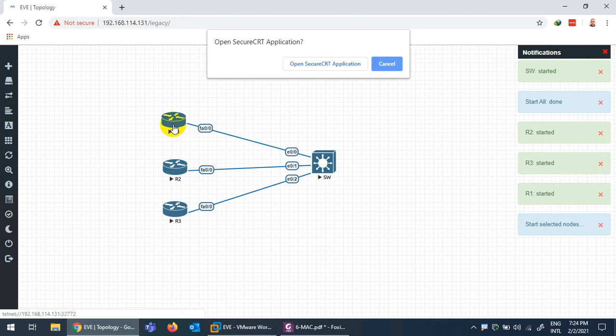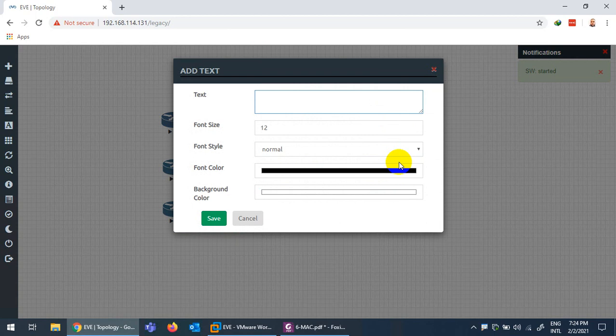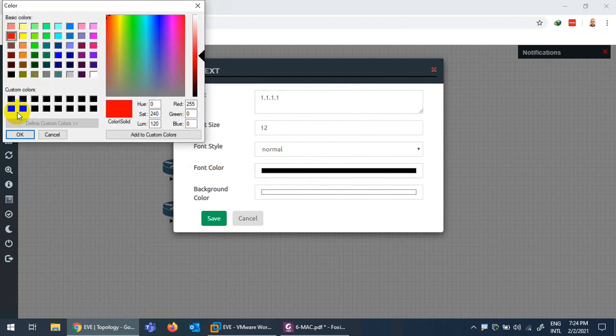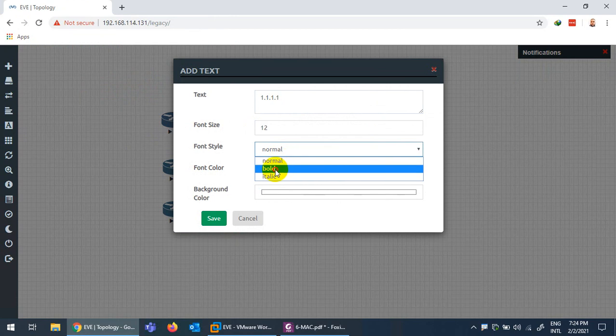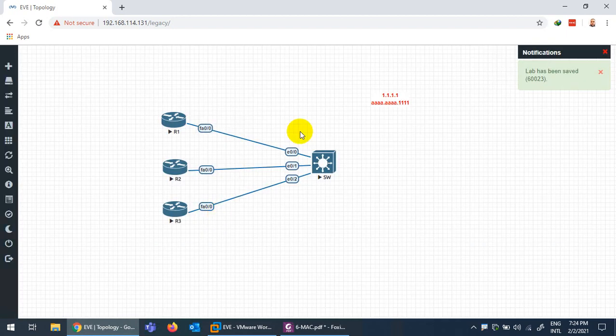Okay, now I need to configure this R1, but before it starts, let me show you. We will assign the IP 1.1.1.1 to this interface, and also we will assign a MAC address. Temporarily we can change the MAC address, for test purposes. 1234, 1234, and 111. That's the MAC address for this PC1. First is the IP and second one is the MAC address.